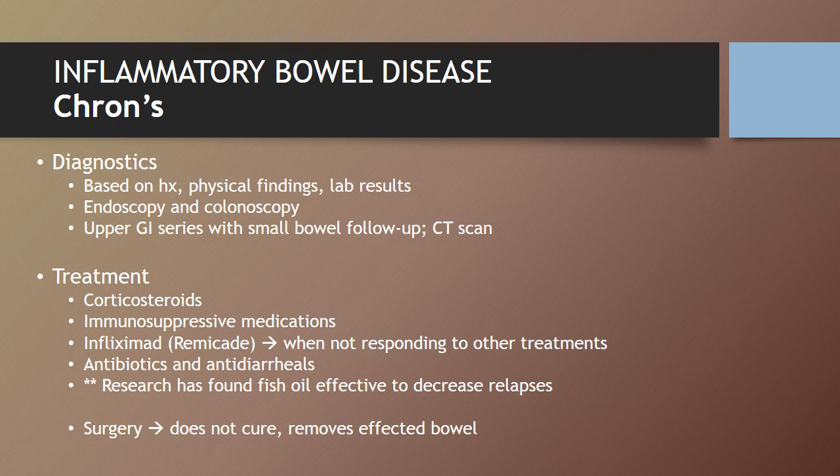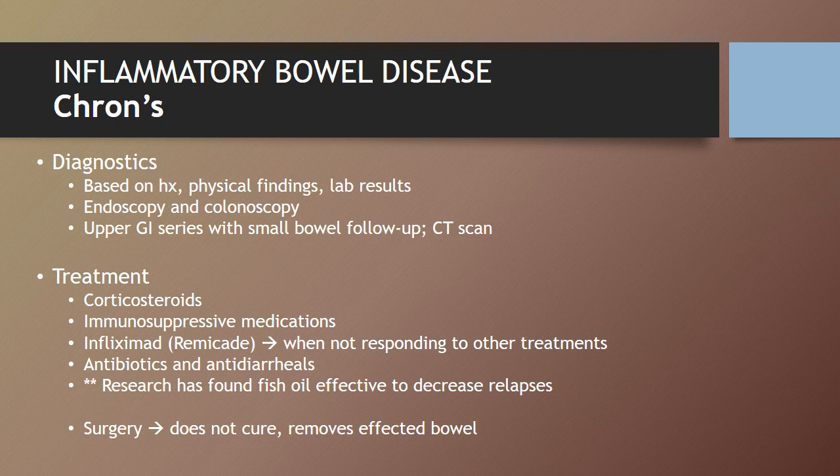Corticosteroids are used, and immunosuppressive medications are used, and these are typically used when the corticosteroid treatment doesn't work or if it's resistant to the corticosteroids. So corticosteroids are typically first line, and that helps reduce the inflammation, anywhere from moderate to severe. It could be oral, could be IV, depending on what's going on. If it's resistant to that, then they'll go to the immunosuppressive medications. And then when it's not responding to any other treatment,